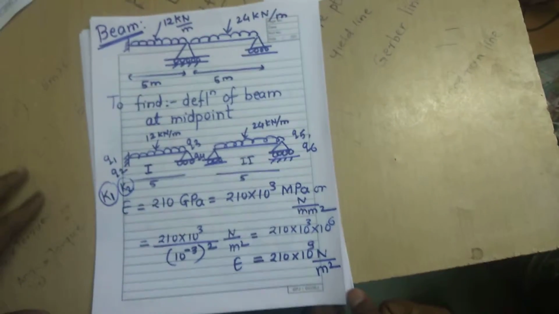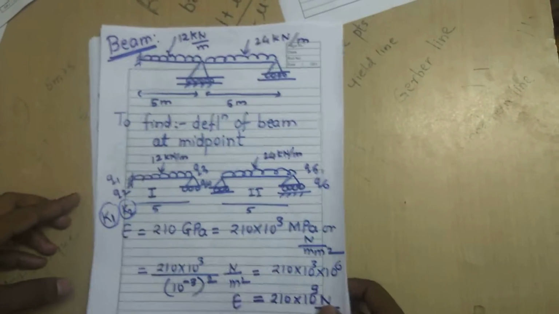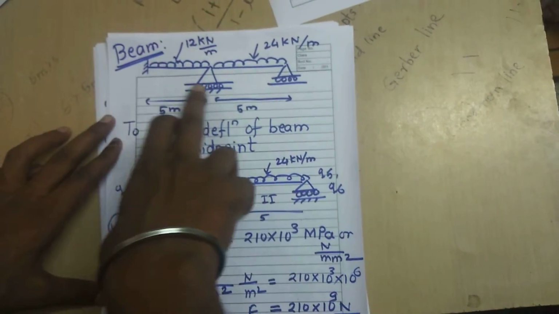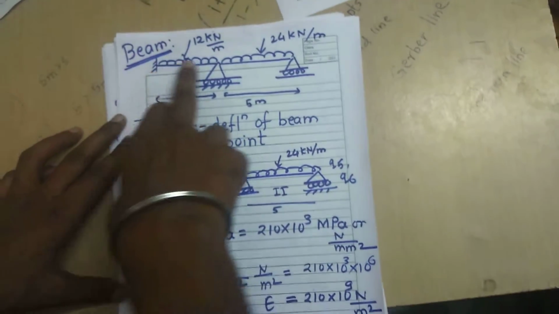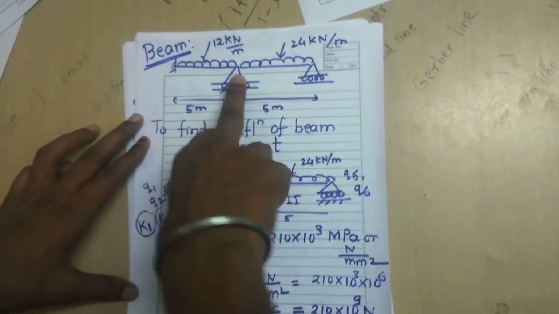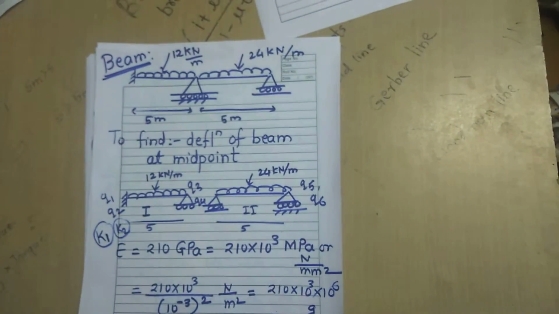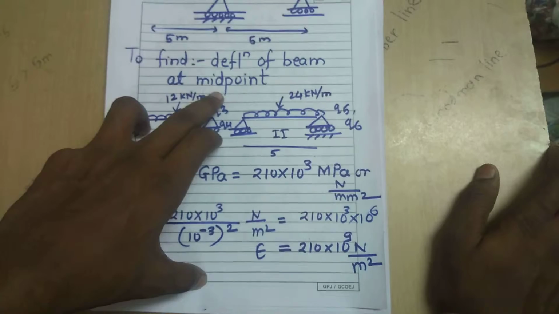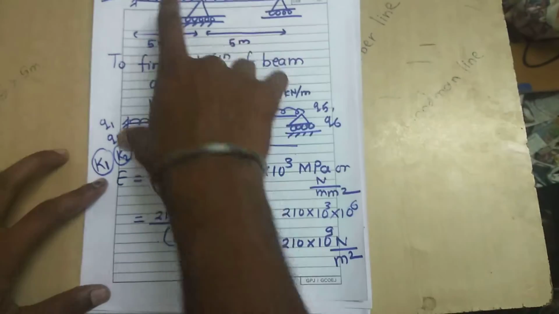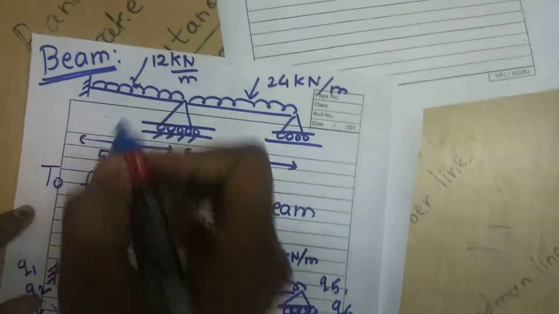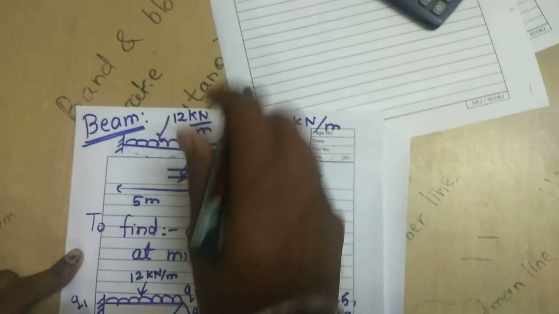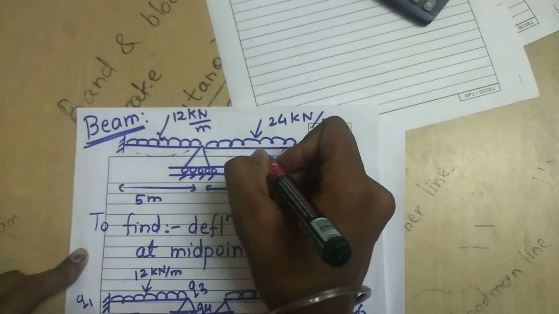We are going to see the problem of beams. There are two beams, one with a fixed support and another with a roller support, and this is the roller support. Our aim is to find the deflection of the beam at the midpoint. At the midpoint the beam will deflect like this, and by the FEM method we have to find the deflection of